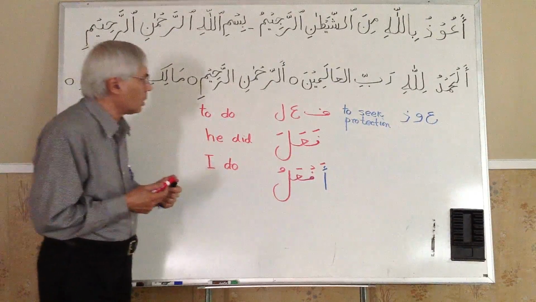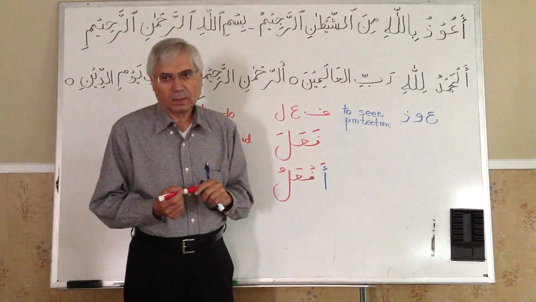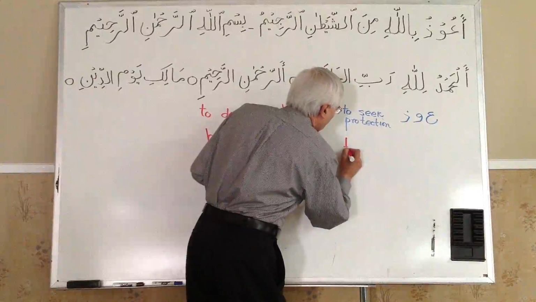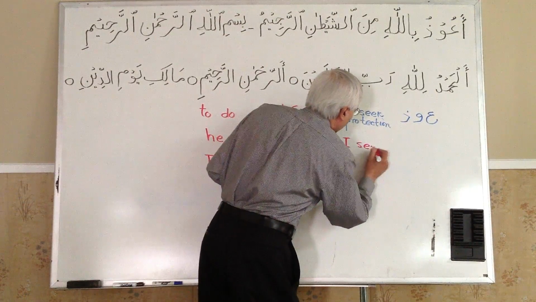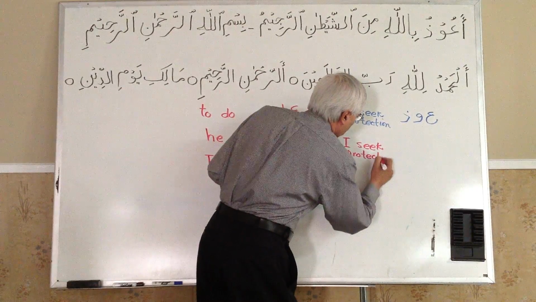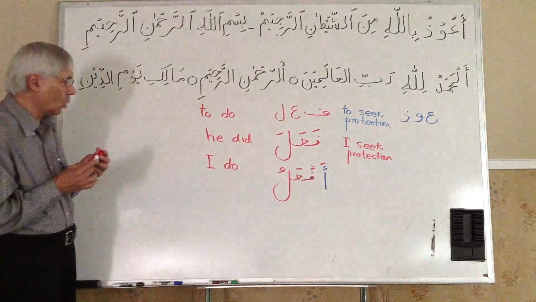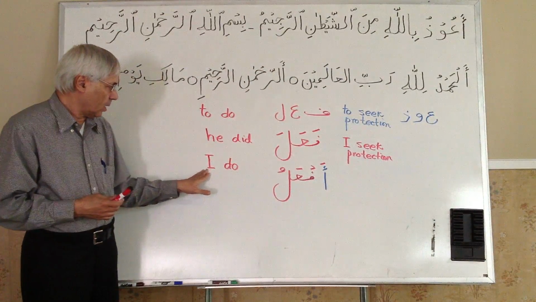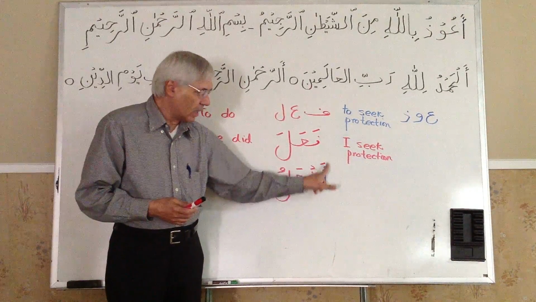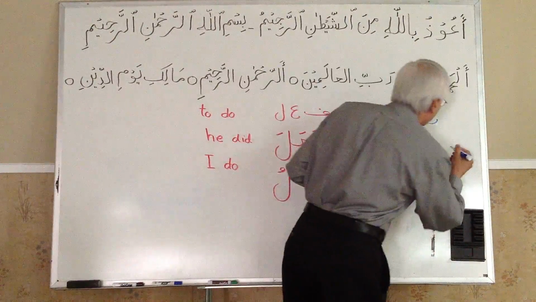Now what I want to do, in English, is make a sentence saying "I seek protection." So what is the rule we just learned? To put an I in present tense, I have to put an alif with a hamza in the beginning. So this will become